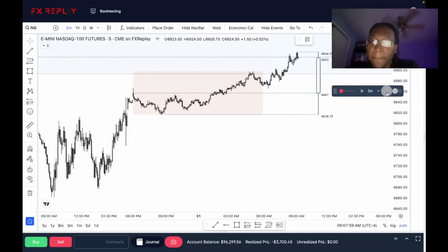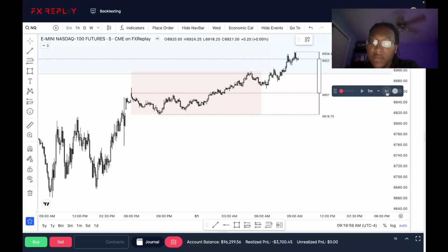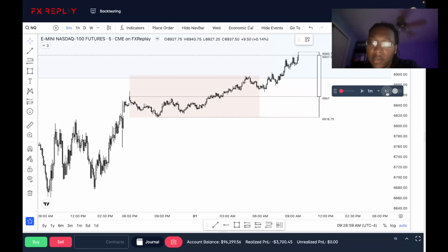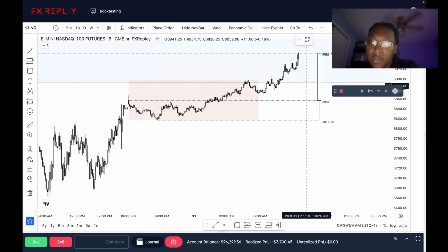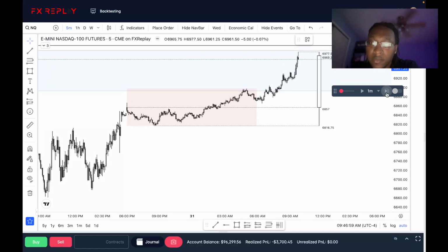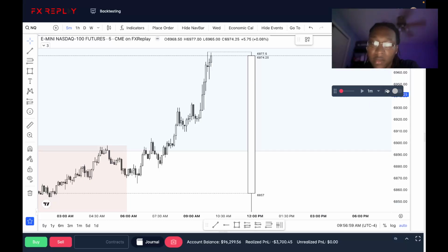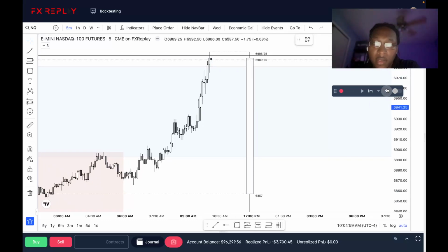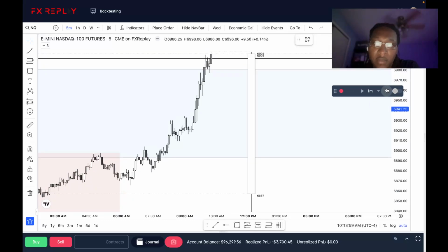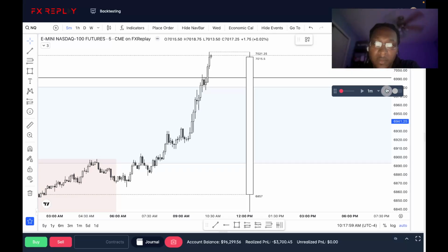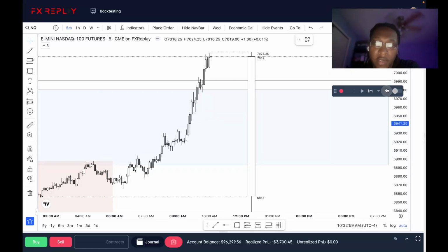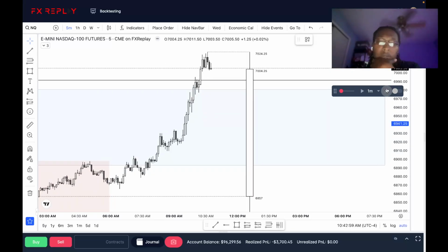Let's see. Above that high there. Looks like we're gonna push up again. Yep. Continue to push up during 9:30's open. Looks like we're gonna take out that buy side liquidity on the hourly. And we do snatch that. Continue to rally higher. May not get a trade on this day.